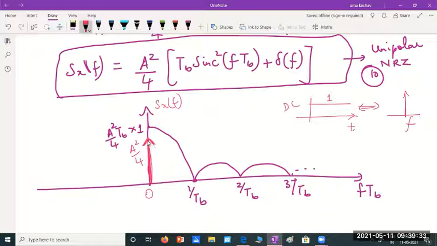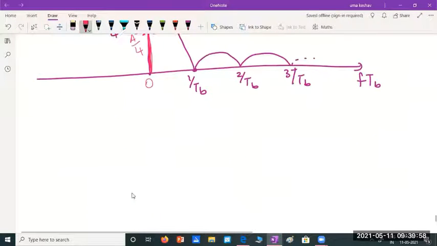We had already discussed this. Looking at the waveform only, we can say that there will always be some DC value in this signal because it is one-sided. Only positive amplitudes are there. So the average value or DC value always exists. The same thing is shown after we analyzed and found the power spectral density. So you can just try to state the advantages and disadvantages.